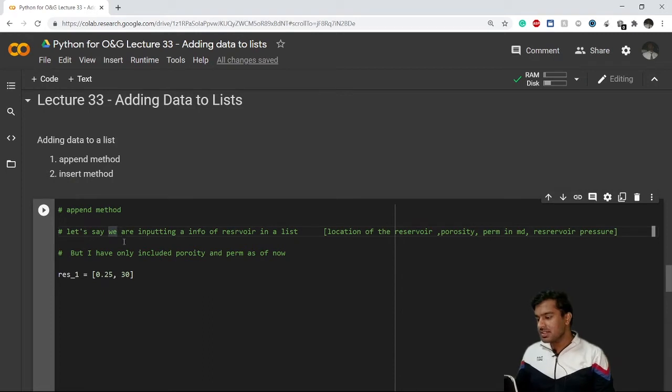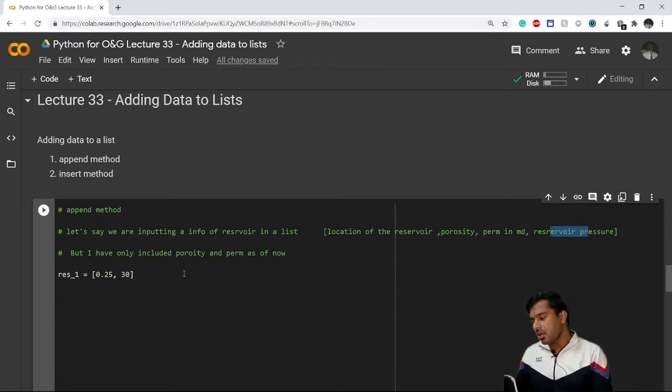So let's say we are creating a list of a reservoir in which we are giving info of that reservoir. Let's say that info is the location of the reservoir, the average porosity, the permeability in millidarcies, and the reservoir average pressure.